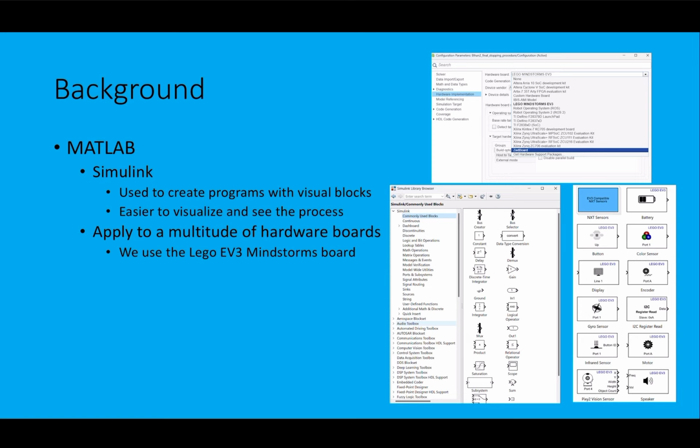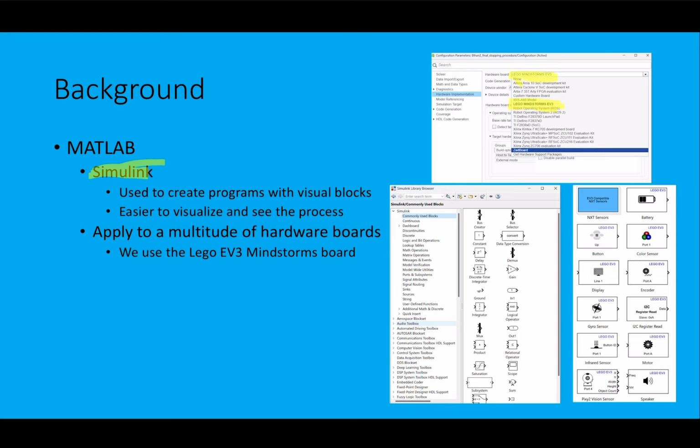Throughout Engineering 1035, we use software called MATLAB, and MATLAB is an awesome computer program that allows you to solve equations, problems, whatever you need. It has tons of applications. Inside this, we use Simulink, though, to create programs that we can implement into robots and all of these different hardware boards and such. So, there's countless ways to integrate Simulink into the real world, but the awesome part about it is that Simulink uses